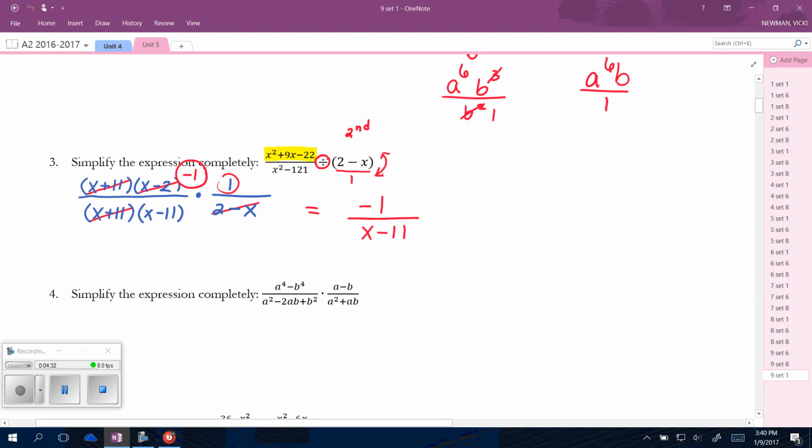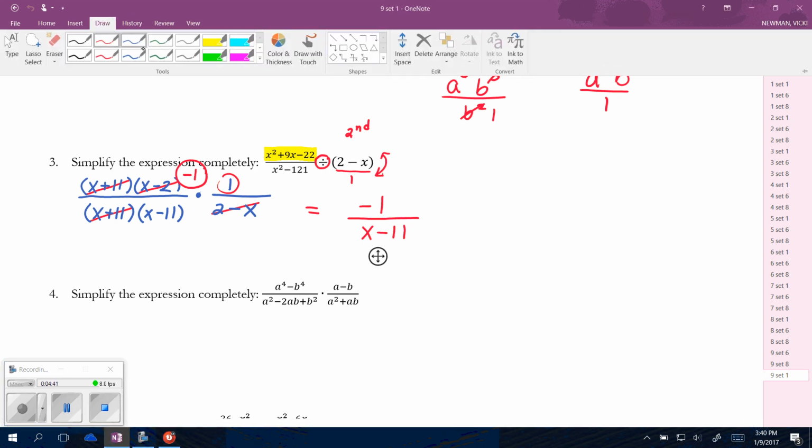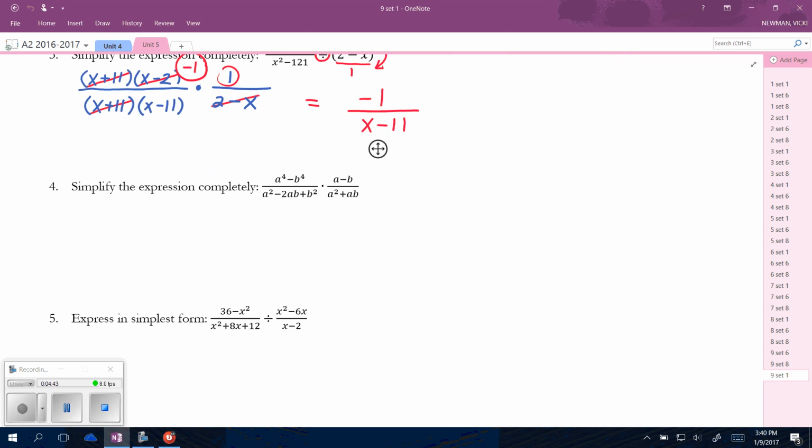Okay, number 4, simplify. Well, it's just multiplication, so you're going to factor and cancel just like you did in question number 3. You're going to factor the numerators and the denominators. So the numerator here, a to the 4th minus b to the 4th, that's the difference of two squares, which would be a squared plus b squared and a squared minus b squared over